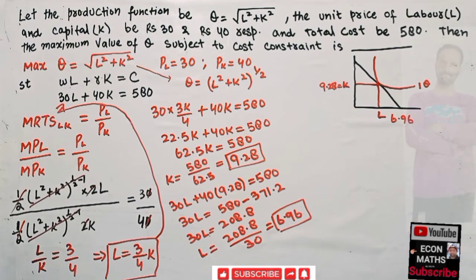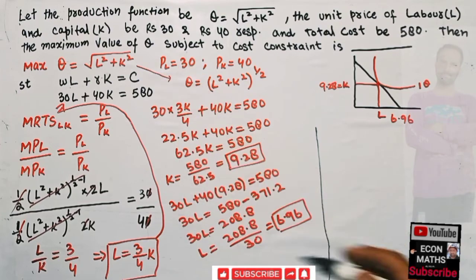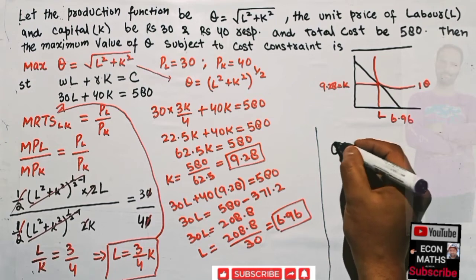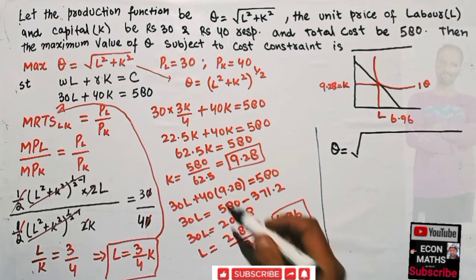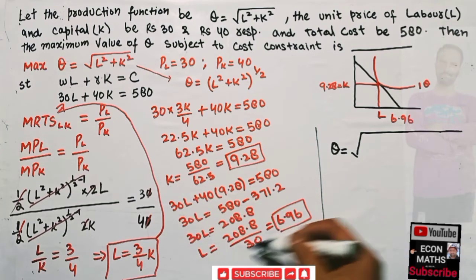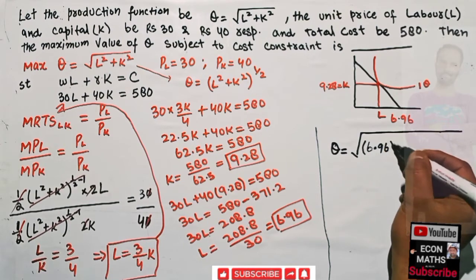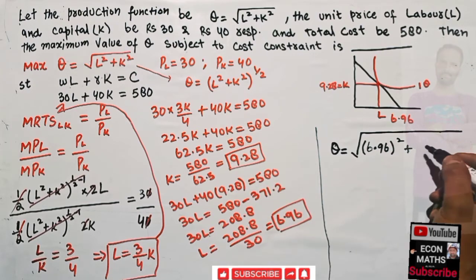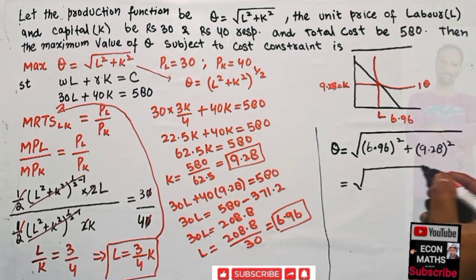Now what will be the maximum value of Q? So the maximum value of Q is found by just plugging these optimal values into the objective function. That means our Q will be equal to the square root of 6.96 square, okay, plus we have this 9.28, that is our K square, 9.28 square, which means we have